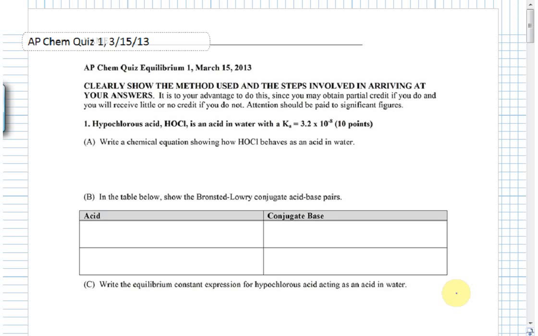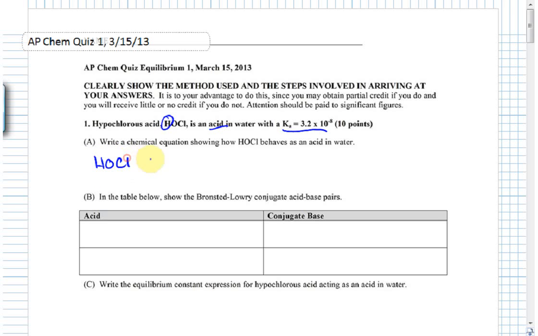Okay, hypochlorous acid, HOCl, is an acid. Didn't need to tell you that. Why didn't I need to tell you that? First of all, H written out front. Not one of your strong acids. It's a weak acid. As a matter of fact, we've given you the equilibrium constant. It's tiny, so we know this is a weak acid. Best way to show this,